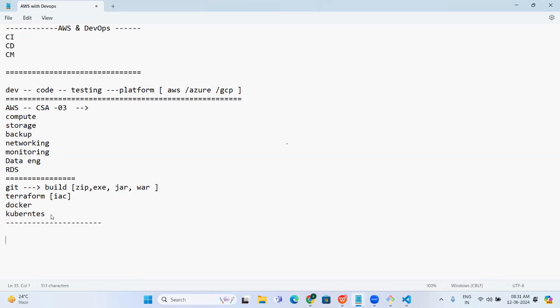We'll use Terraform to build the infrastructure, build Kubernetes with Terraform, and then deploy the developer-given code. Such kind of workflows we'll try to create.